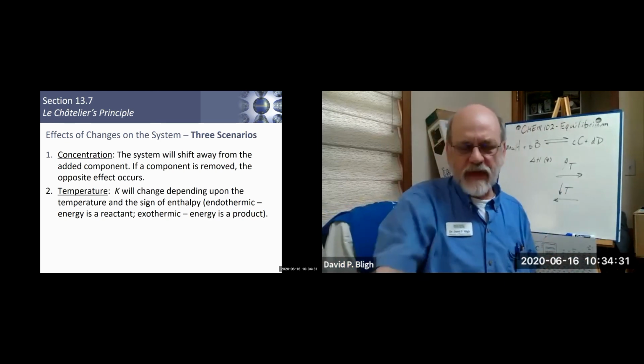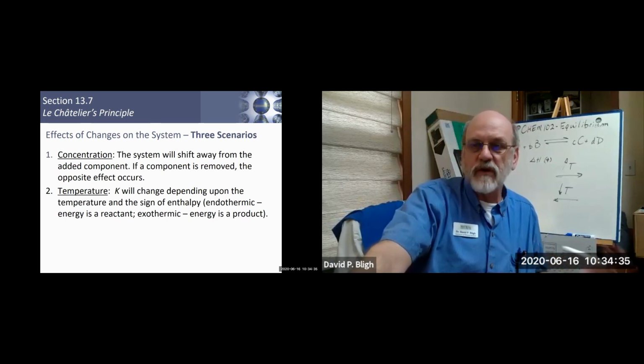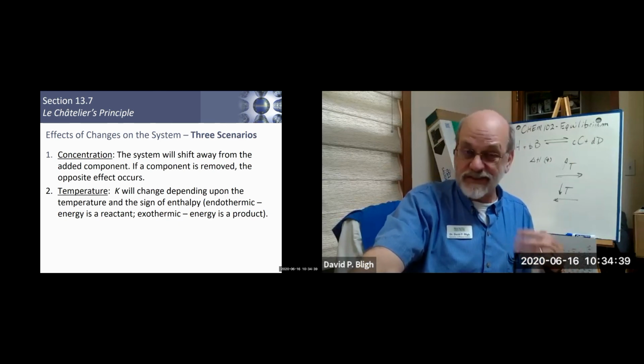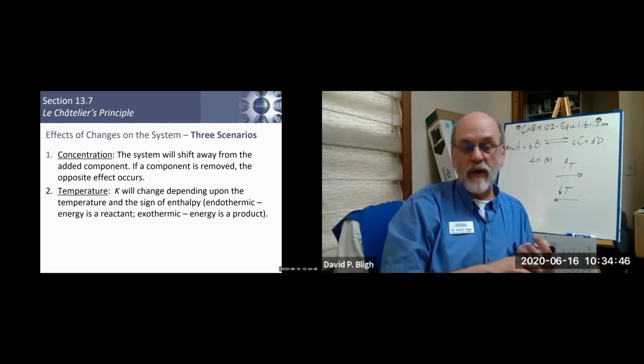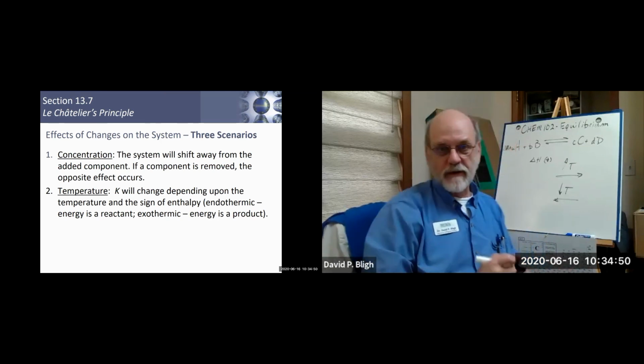Okay, so that's what happens with temperature. You need to know whether the reaction is exothermic or endothermic, or if the question doesn't tell you, then you may have to make some assumptions about whether the reaction is likely exothermic or endothermic, such as